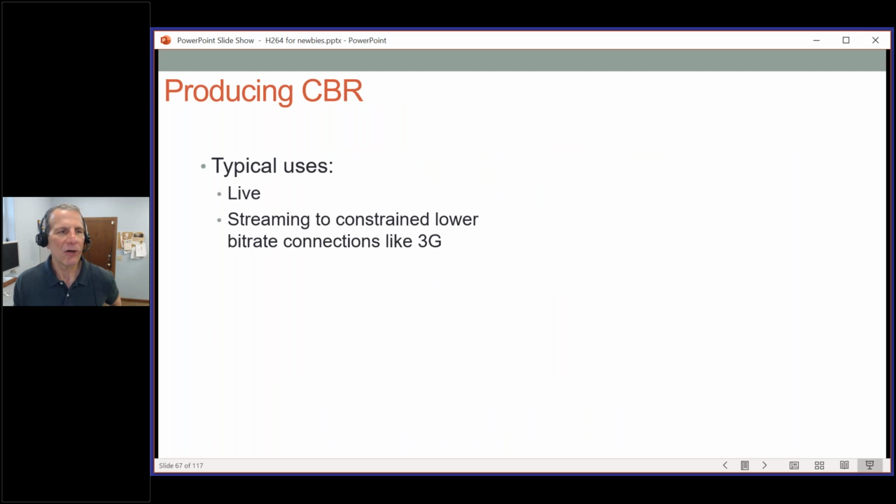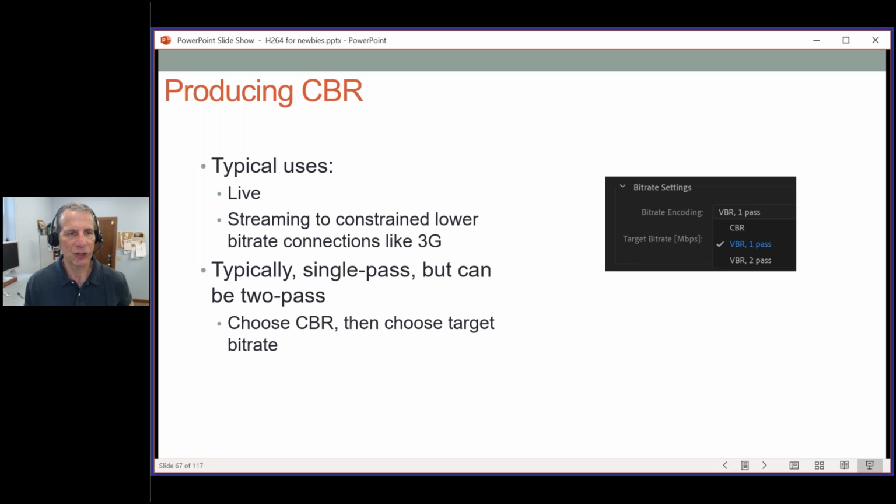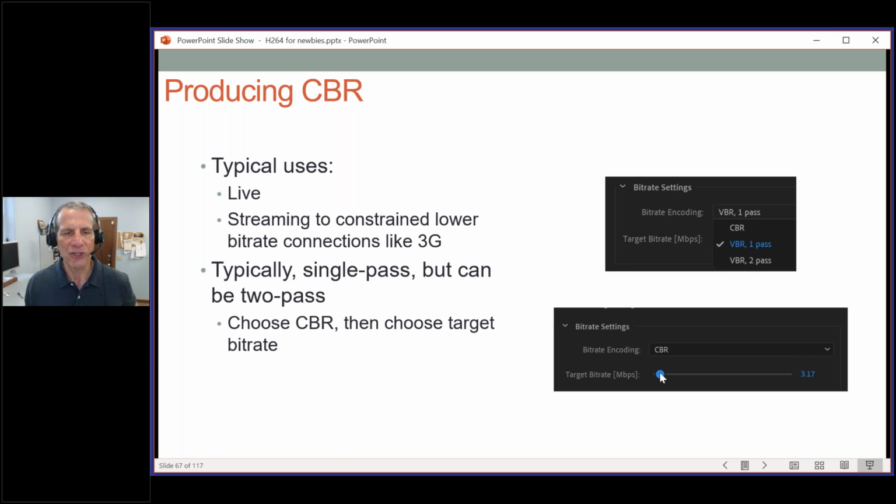When you produce CBR, the typical uses are going to be live. You typically wouldn't use CBR for VOD for reasons we'll see in a moment, or if you're streaming to very constrained lower bitrate connections like 3G. And typically it's single pass, but there are some applications for 2-pass. So this is in the Adobe Media Encoder. First you would choose your encoding technique, and then you would choose your target bitrate,